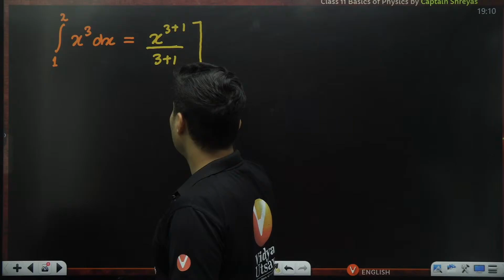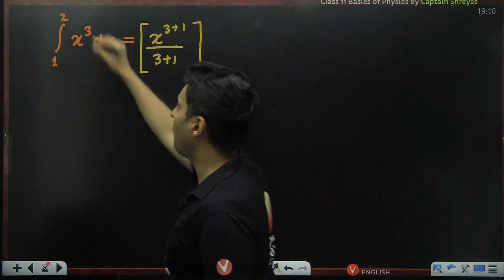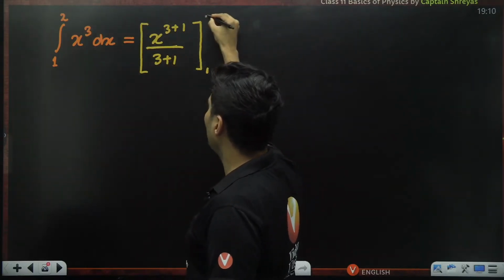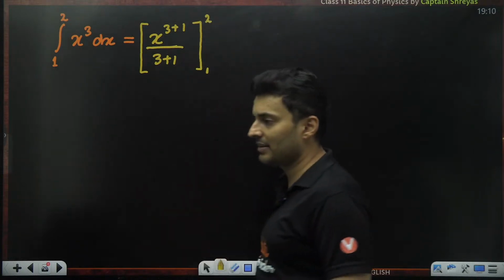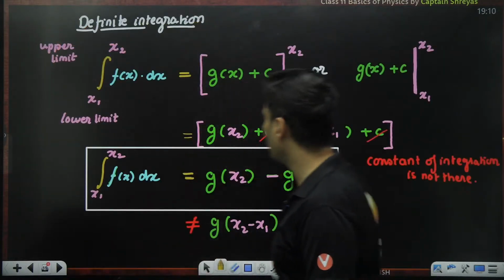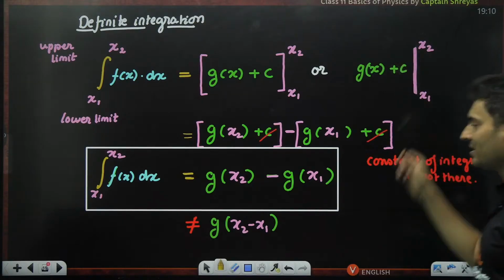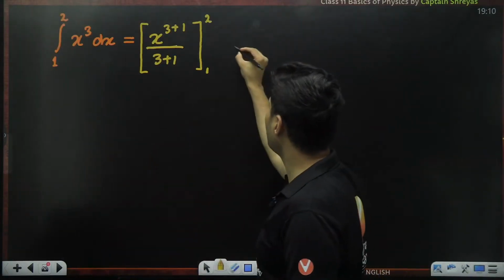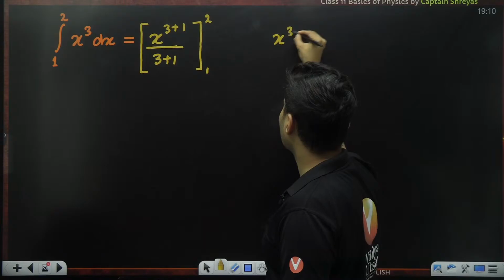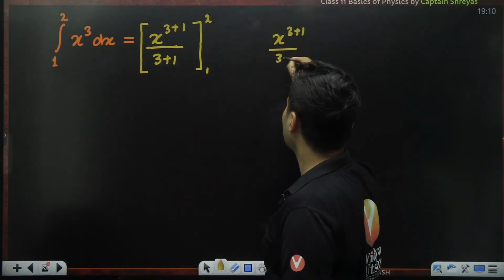And keep in mind, we have to tackle the upper and the lower limits. So keep it on the sidelines by the square bracket representation, just like I have told you over here. You can also use this line. Some books will also use this. They will write it down like this, x raised to 3 plus 1 by 3 plus 1.